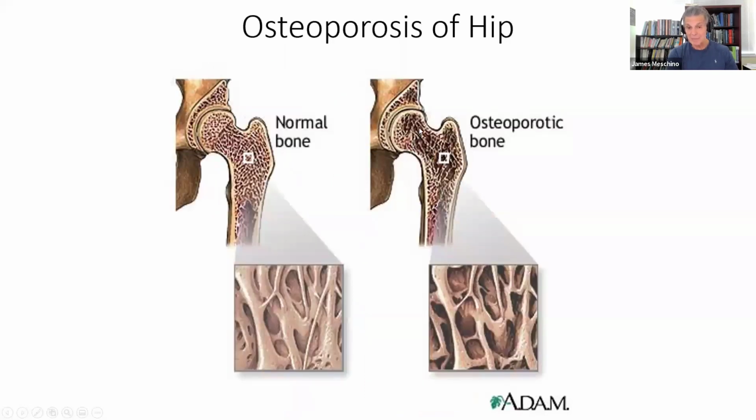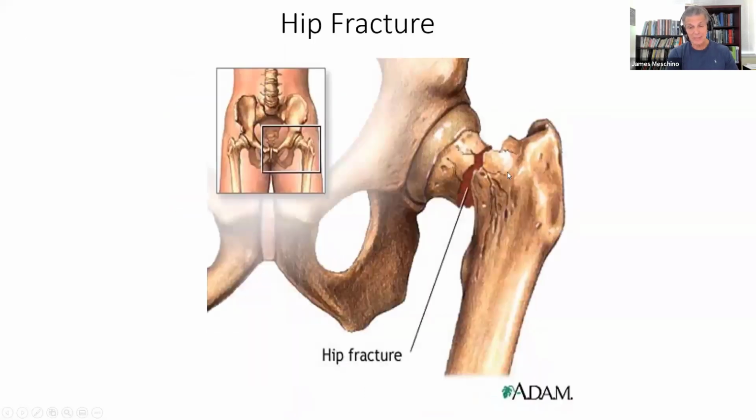If it happens in the hip, of course, it becomes prone to fracture, and then the person can't walk and they get